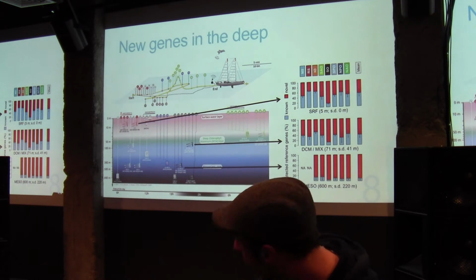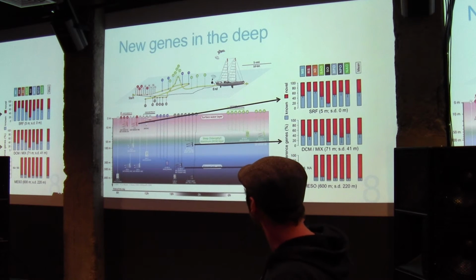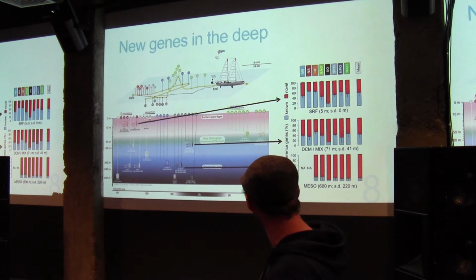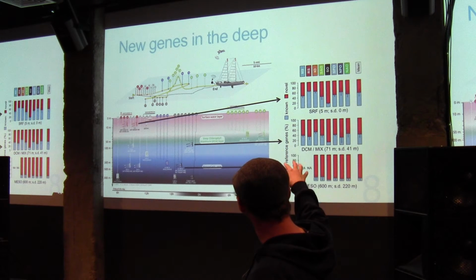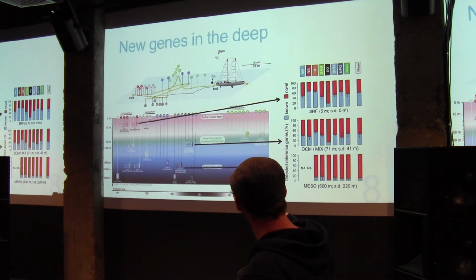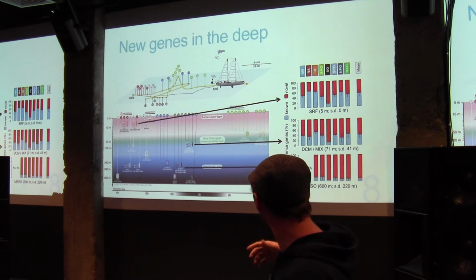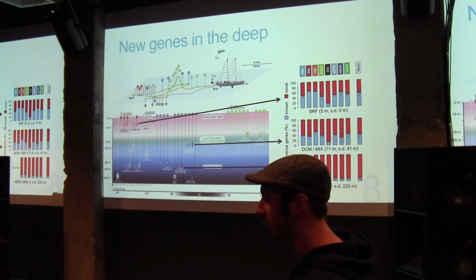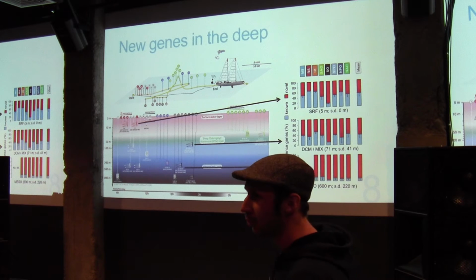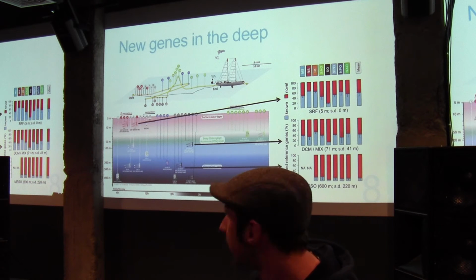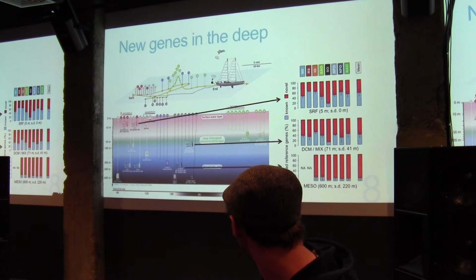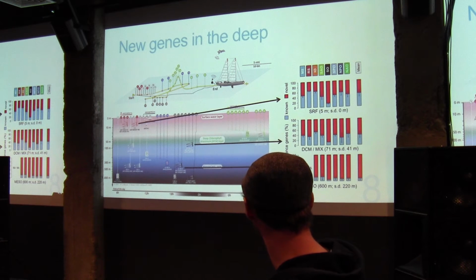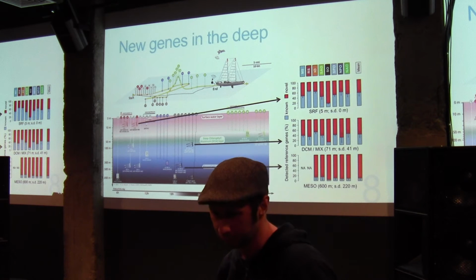So what you can see here is, I told you they sampled at different depths in the ocean. And on the right side you see more or less a bar chart of what is known and unknown. And you can see the deeper you go in the ocean, there's more unknown that we cannot match to anything in the database. So there's a high chance for us maybe to make some impact with our remote searches that Johannes was introducing, to maybe make sense out of the sequences that we don't know what it is.